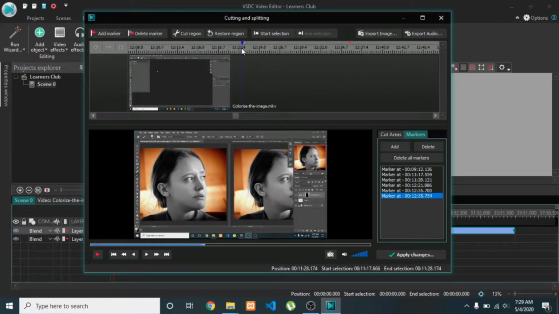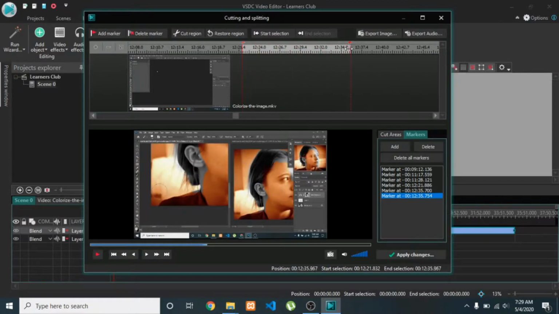For example, to do this, cut here and then cut region. What add marker does is, you will have to add a marker at the different points of the video, so that later on you will cut at it at once. After doing the trimming of the video, you can just click on apply changes below the marker area, and you can also decrease and increase the level of volume.